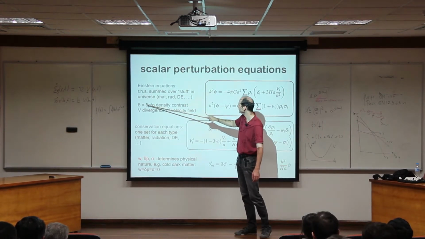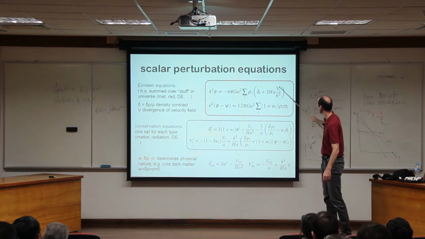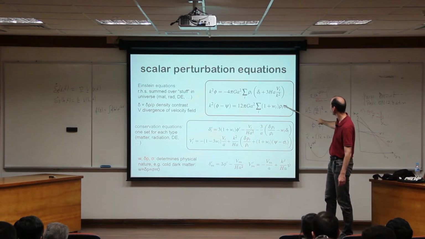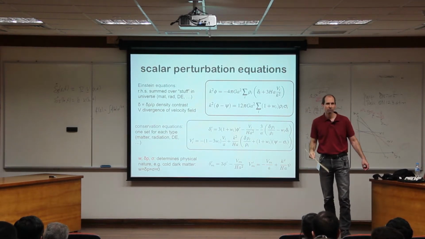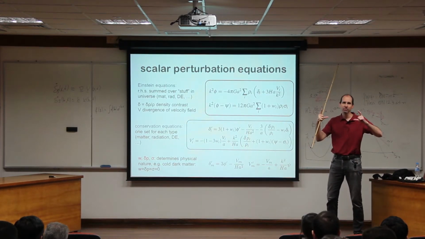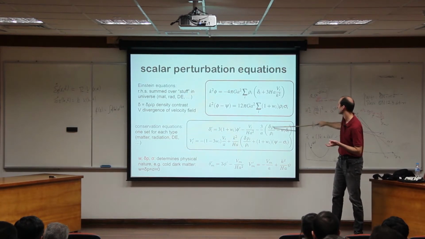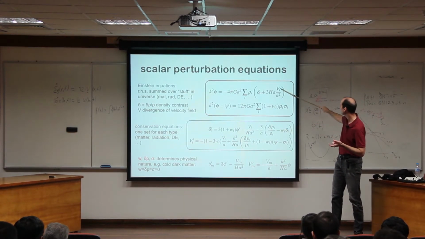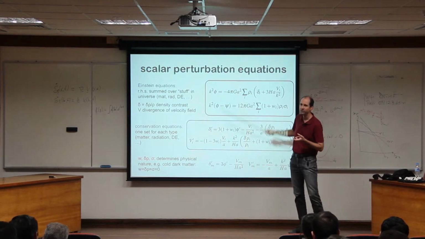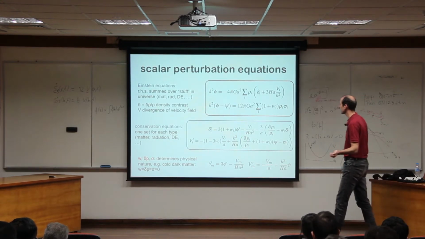So typically we don't use delta rho, we use delta rho divided by rho and call it delta. And we have the velocity potential, so the scalar part of the velocity field. And we have something else that is called anisotropic stress. That is in the ij part of the stress energy tensor. And of course we have the delta P, the pressure perturbation. So we have four quantities on the matter side and two quantities on the geometry side. And we will go a bit more into that.